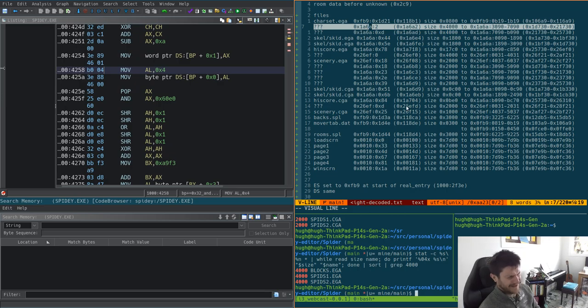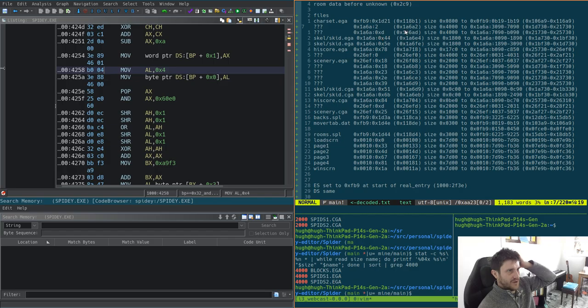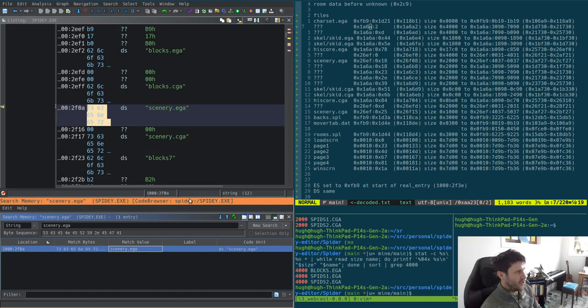And like, if you're reading a file into the same place, it's probably that. And I could delve into it more and see that there might be some if branches and what not, but what I want to do is maybe come up here. We can get out of that and try and find some of these other strings that we don't have. So like scenery.ega, we can search for that. Scenery, how do they spell it? The way that is spelled, I assume. But yeah, if we do this,